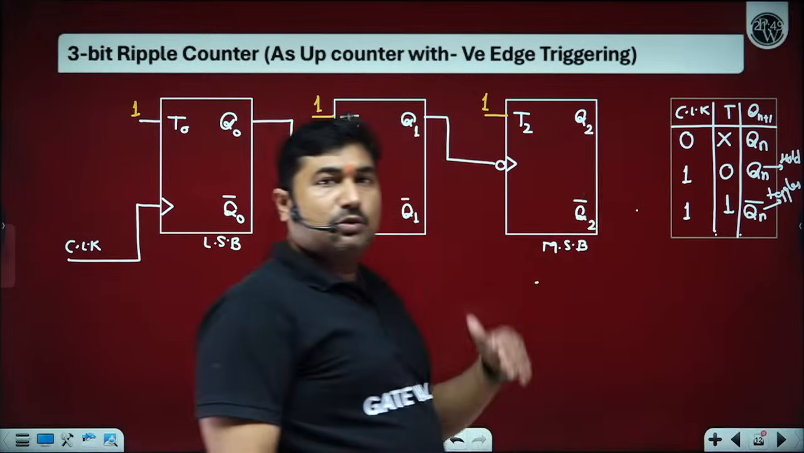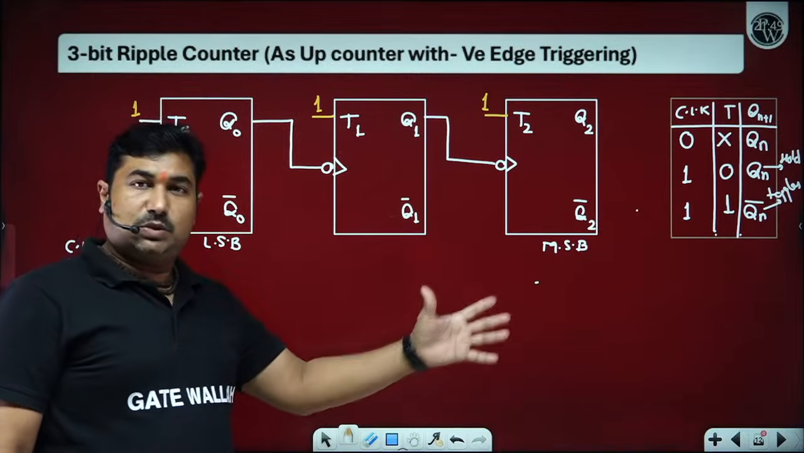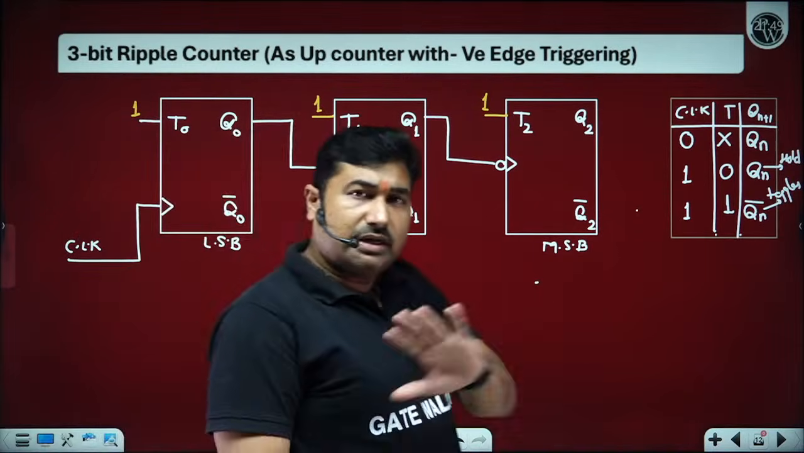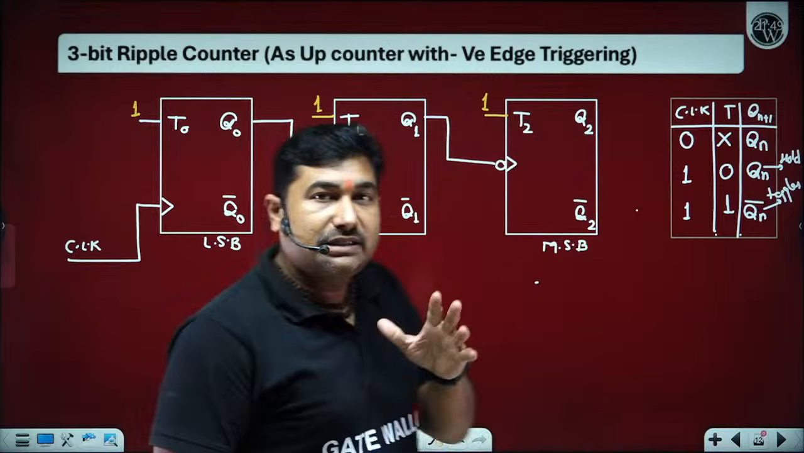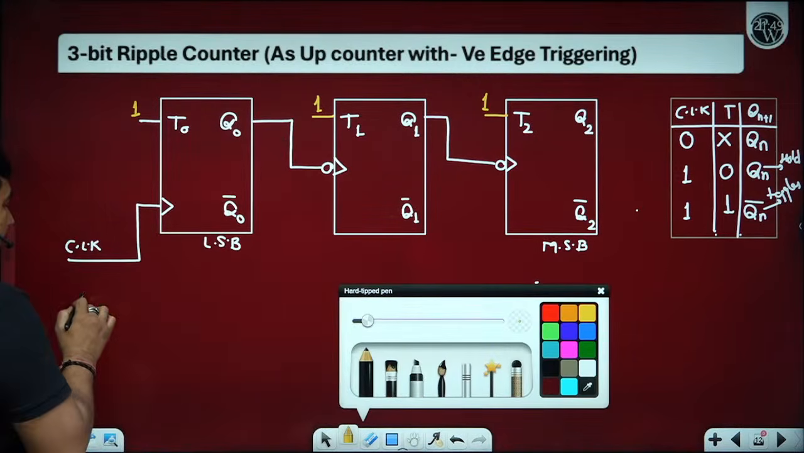So it toggles only when T is equal to 1 and a clock appears. We have already applied T equals 1, but unless there is a clock, there is no change in the data. Is it okay? Yes, sir. Now please observe, the first thing that you can observe here is